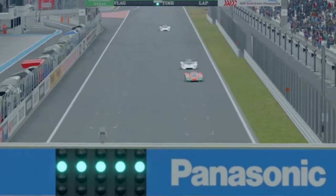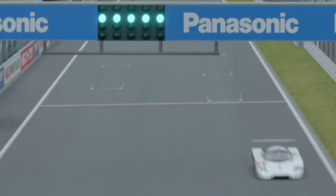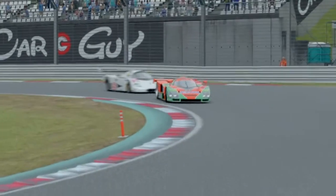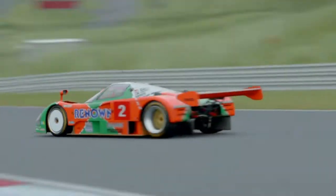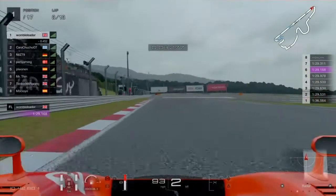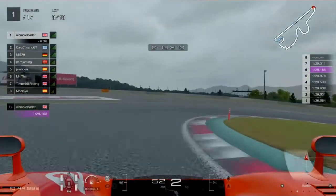So we've got a little bit of clean air now. Can we pull away from the Greek driver behind us, who, as you can see, is still very much in their wing mirrors, still very much a threat as we go into turn 1 there. So we got the head down, and we were able to put in some pretty sensible laps, including the fastest lap on lap 6 there,